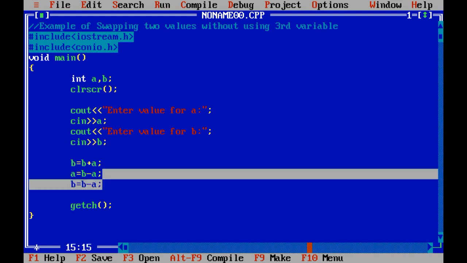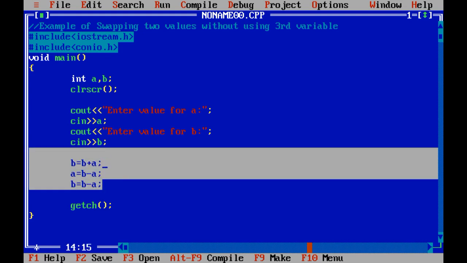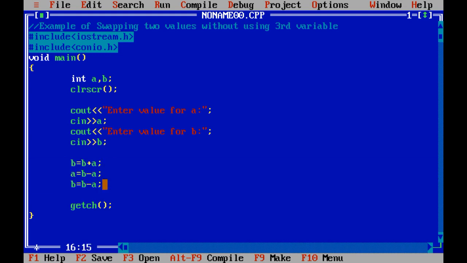So this is the processing statement we have done. We will see it with the values later on in the comment line section.